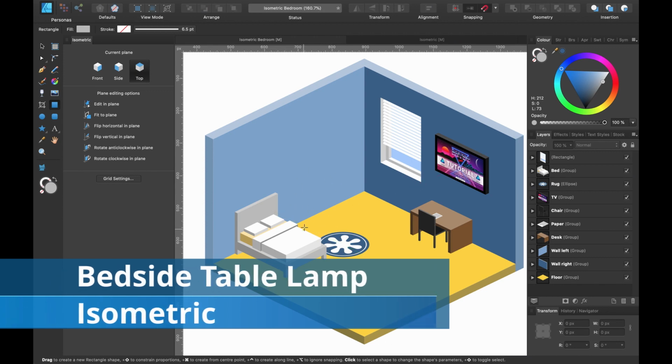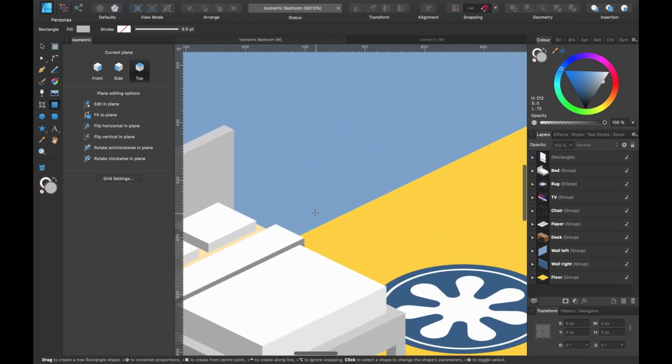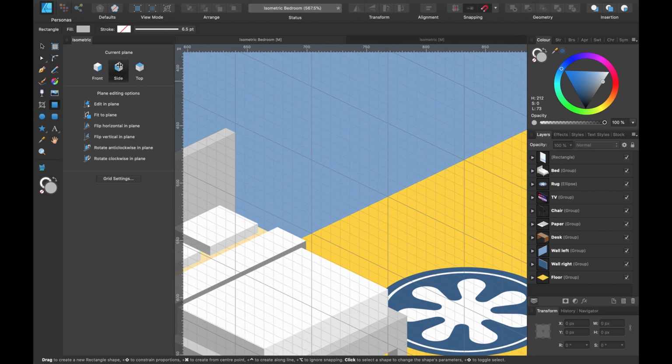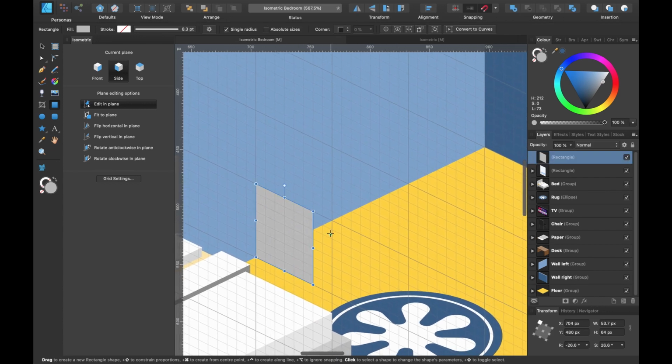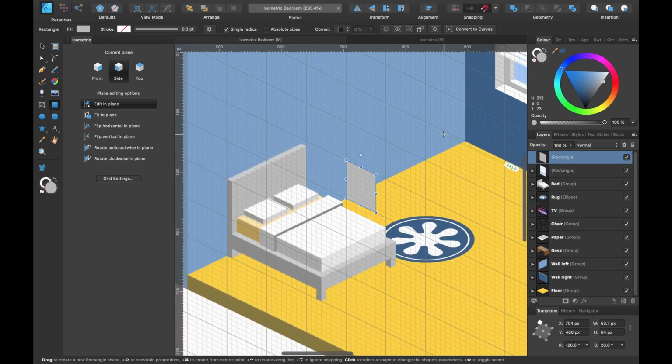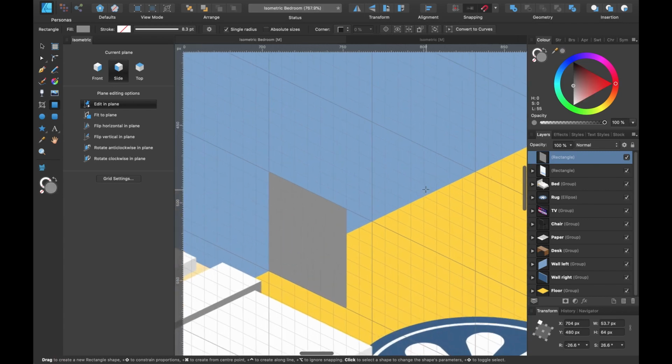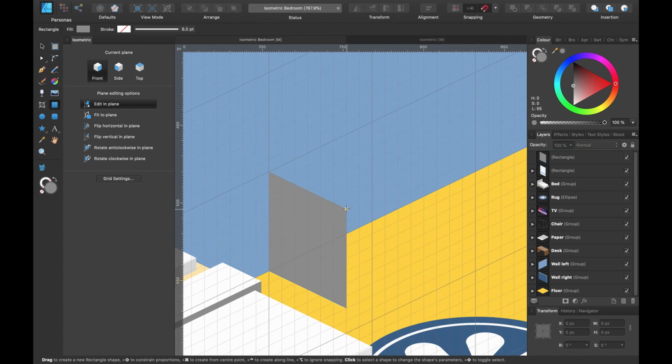Okay, let's create a bedside table here. So zoom in, activate the grid, click on Side, and we'll click on Fit to Plane again. And make sure your rectangle tool is selected, and we'll just start drawing our shape. I'll make it about that wide, and I'll make that slightly darker. Because everything's going to be color coordinated, I'll just select the color of the bed. Now let's create the other side. So I'll press Front, I'll press Escape, choose the corner, and I'll just drag out like so.